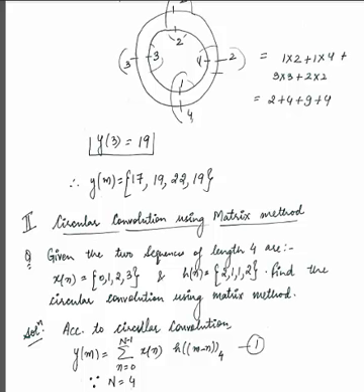This method is very useful in lengthier problems, meaning long data sequences in which the length of the sequence is very long. So let us take one example, that is a 4-point DFT. The question is, given the two sequences of length 4, x of n and h of n, find the circular convolution using the matrix method.